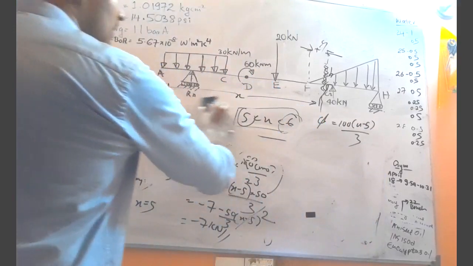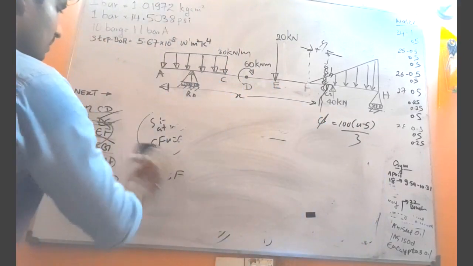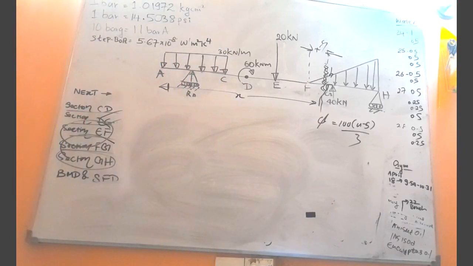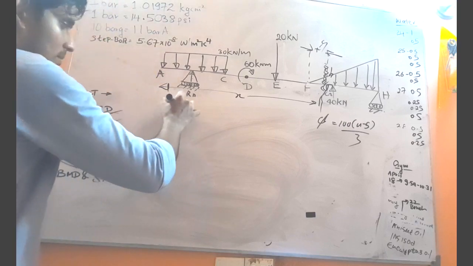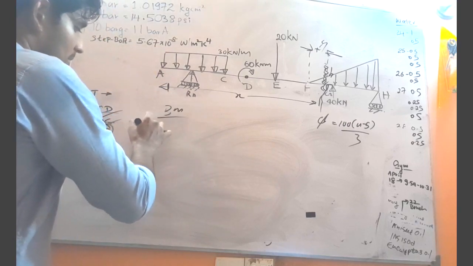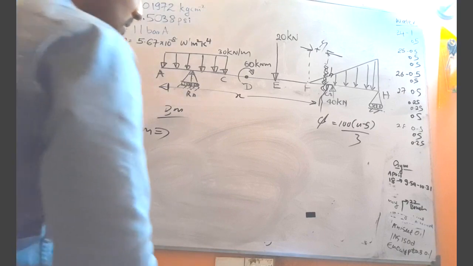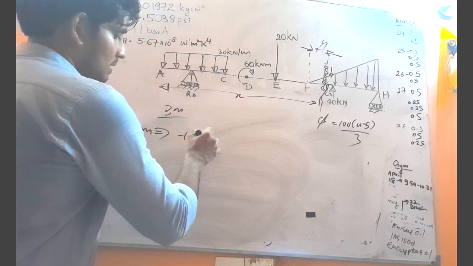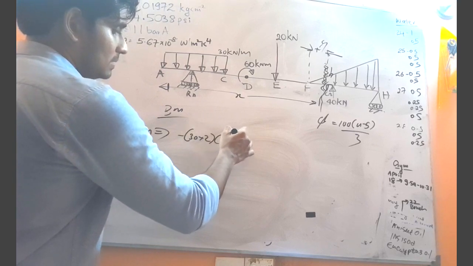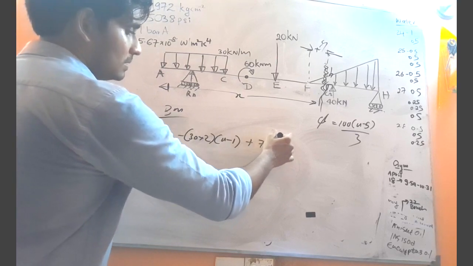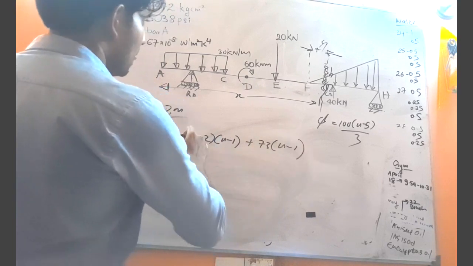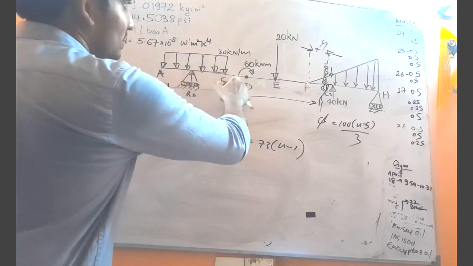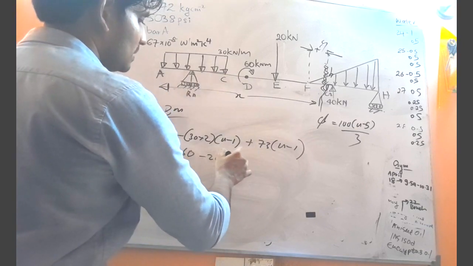Now for the bending moment, the general equation: minus 30 into 2 into x minus 1 plus 73 into x minus 1, positive 60, 1 2 3 4, minus 20 into x minus 4,